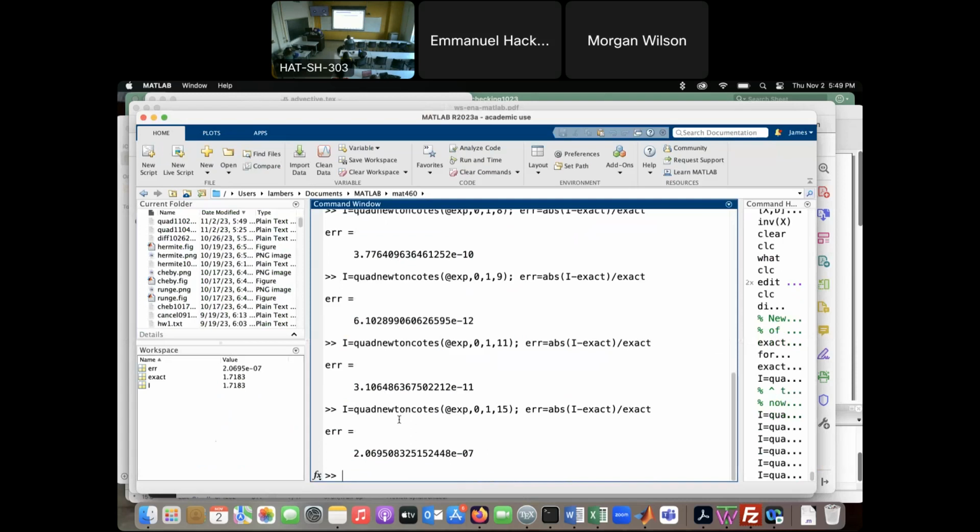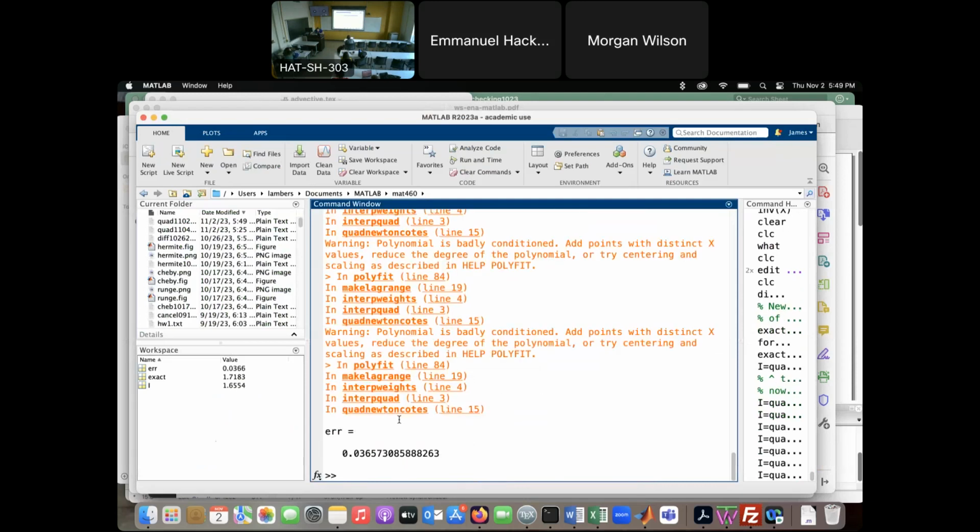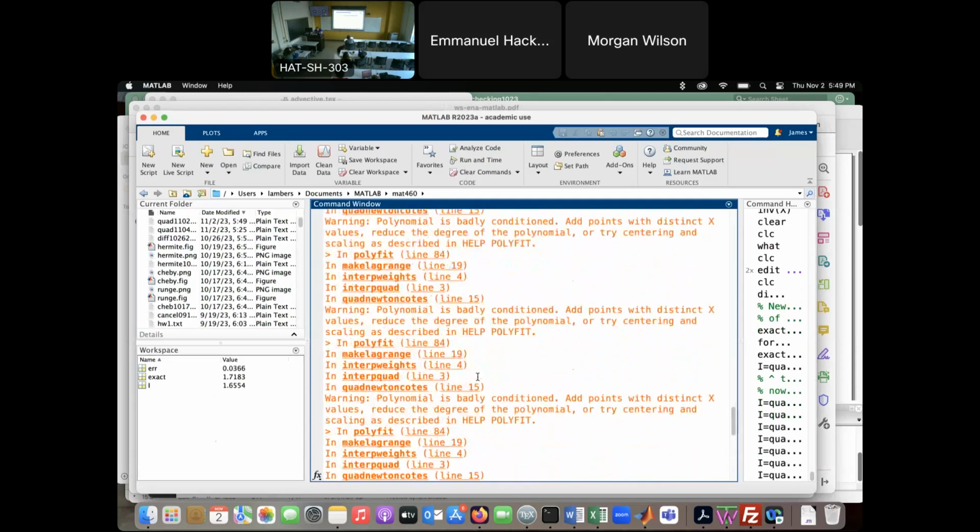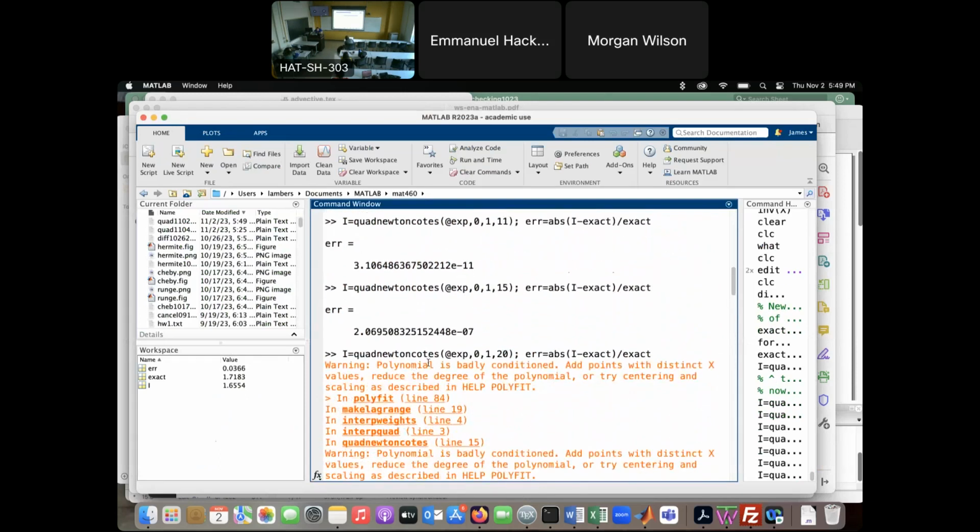Okay. Now, actually, what else? Try 20. MATLAB didn't like that. It gave me a bunch of warnings. Let's take a look. Polynomial is badly conditioned. Add points to syntax. So what's happening is,